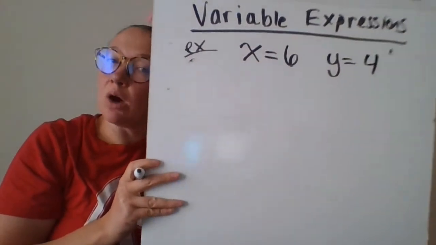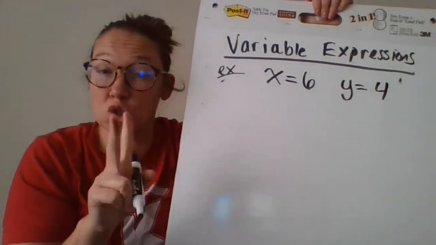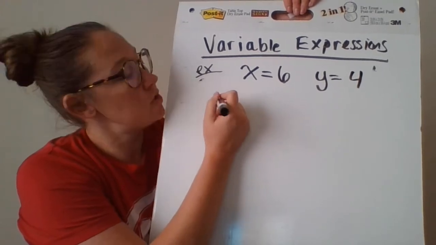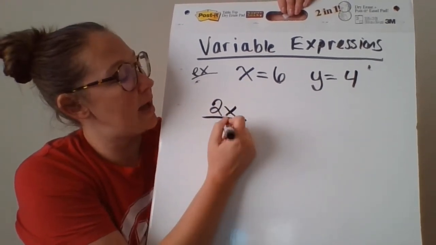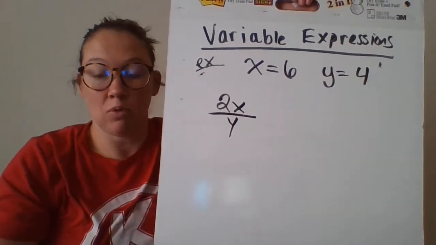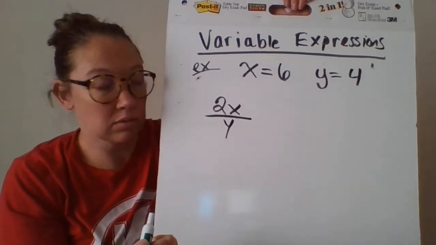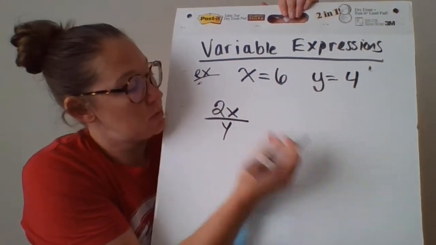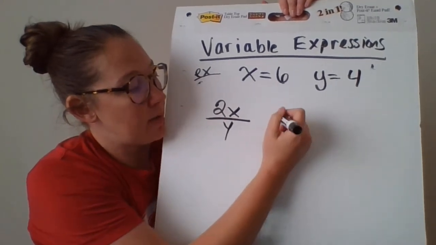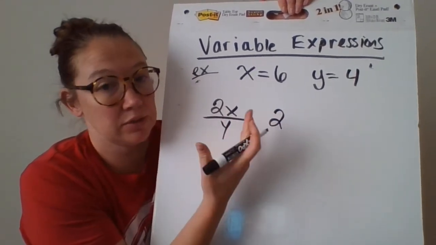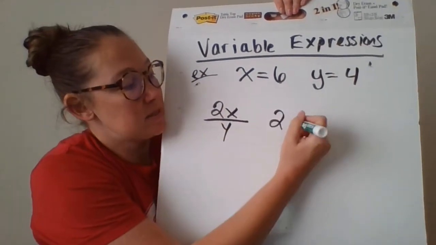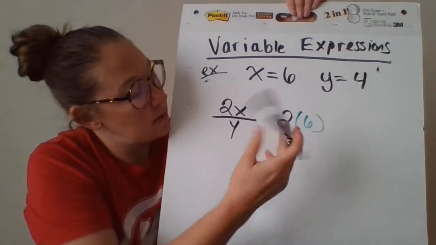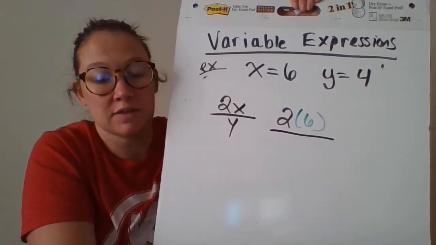Okay, so here's another example. These are going to be our last 2 examples. We're going to do 2 more difficult ones here. So on my third example here, we're going to do 2x divided by y. Well, that's a little confusing because what's that 2 doing there? Okay, so if I rewrite this expression with my values, I'm going to rewrite this as 2. The 2 is a 2. It's not doing anything. But now my x is becoming a 6. So I'm going to say that's 2 times 6 divided by that whole value divided by